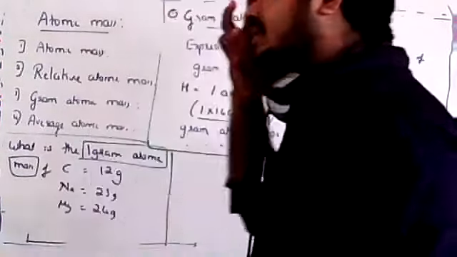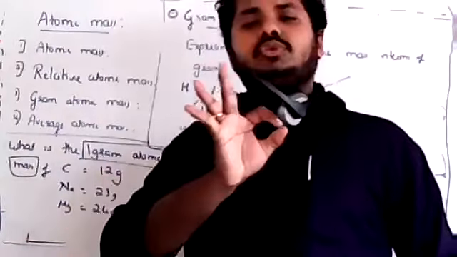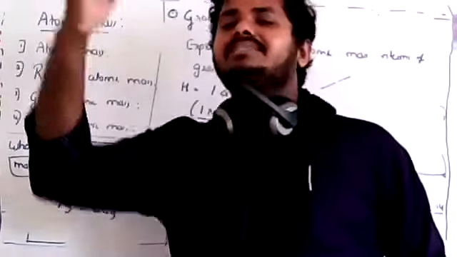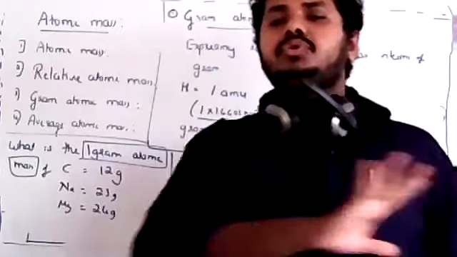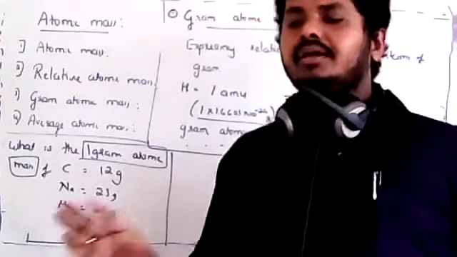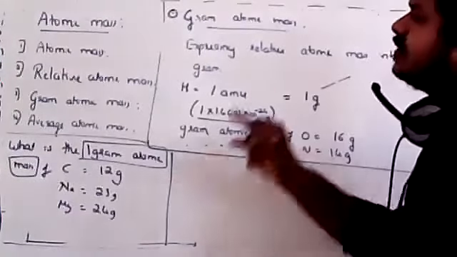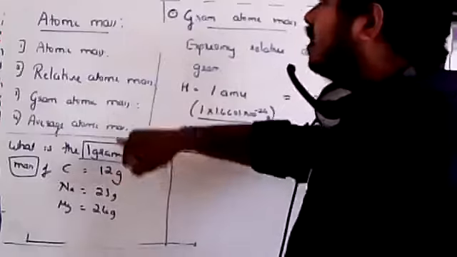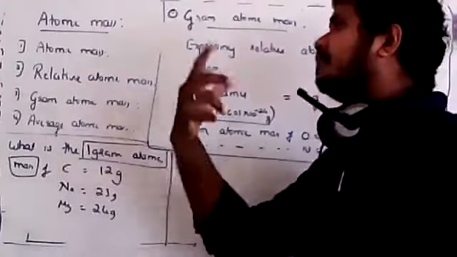And relative atomic mass actually has no unit, because it is mass upon mass, and when you divide the same term by the same term, there will be no unit left. Relative never has any unit. Got it? Even the fraction will never have any unit, but expressing in terms of AMU could be accepted, or in terms of gram, it would be better. We call that gram atomic mass.